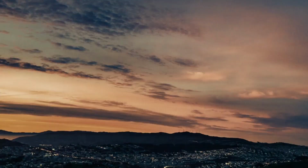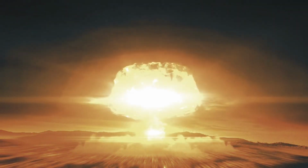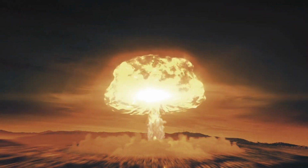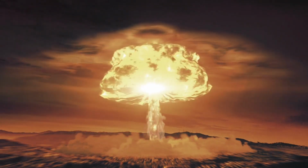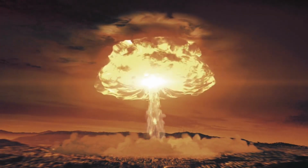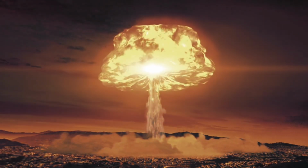A full-scale nuclear war could easily represent an extinction event for humanity, not just because of the initial deaths but also because of the global cooling, so-called nuclear winter, that would follow. Perhaps a more likely scenario, according to some foreign policy experts, involves a limited-scale nuclear conflict using so-called tactical atomic